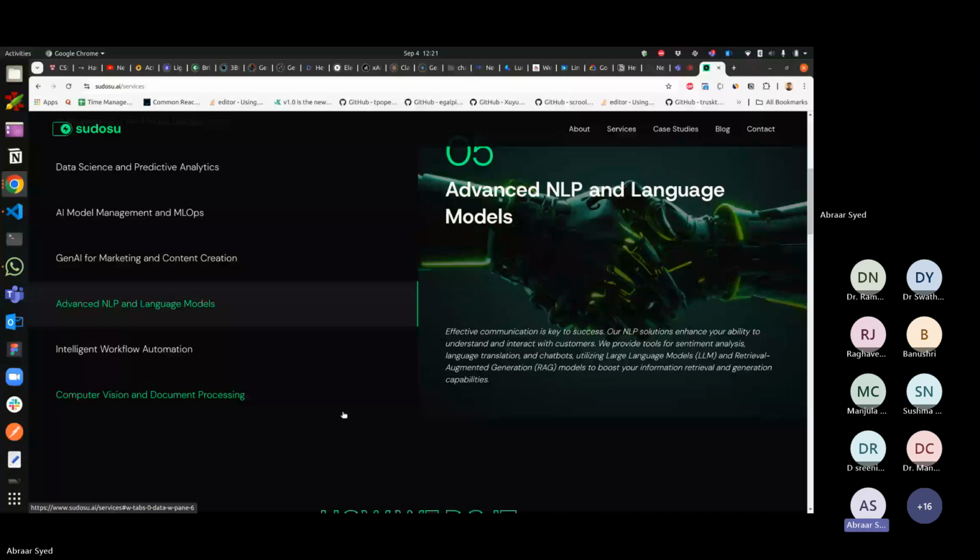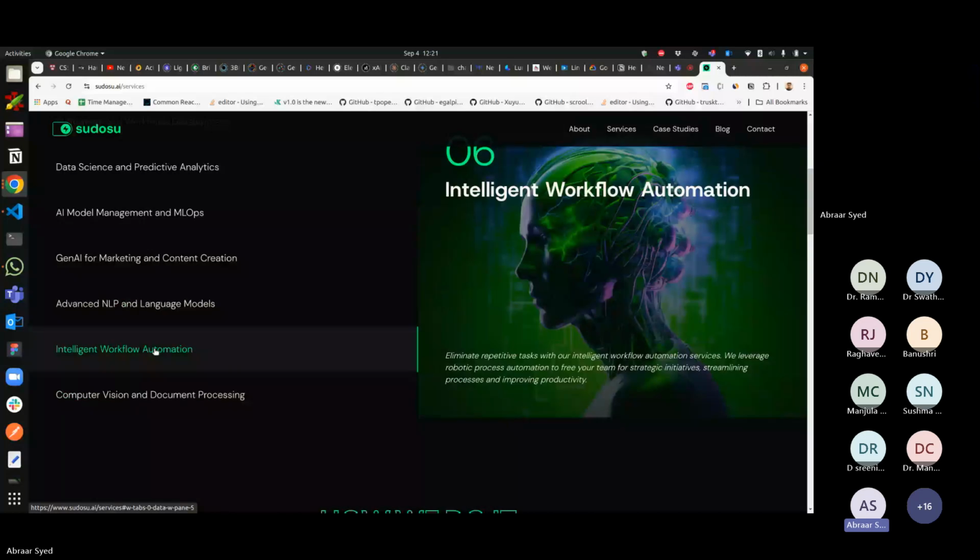Next that we work on is intelligent workflow automation. So some bit of here is also RPA. What we do is, and this is one of the case studies that I've worked on, sometimes you don't need AI to actually do all the things for you. What you're essentially looking at is eliminating your repetitive tasks and trying to get some sort of automation in place.